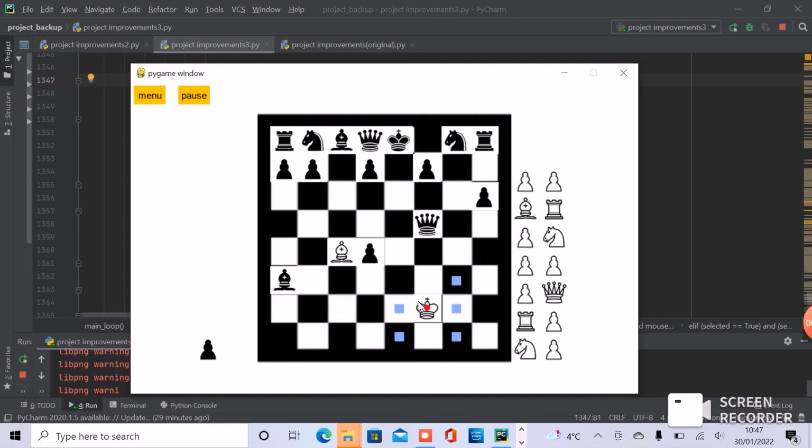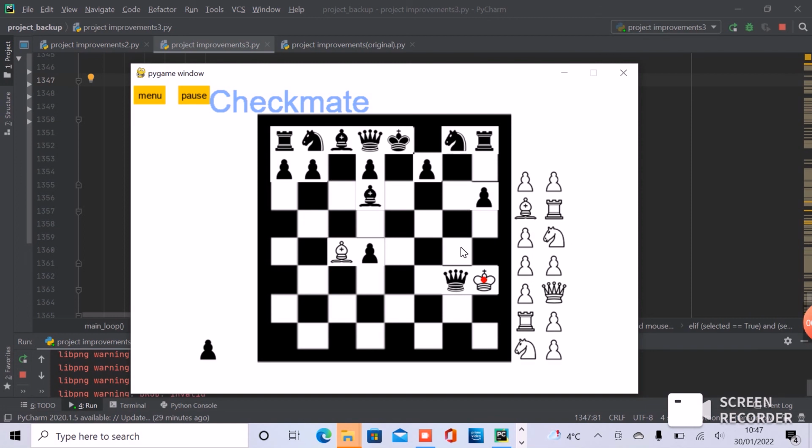Check, another check, and checkmate. So as we can see, the AI is allowed to perform checkmates, and I can't do anything here